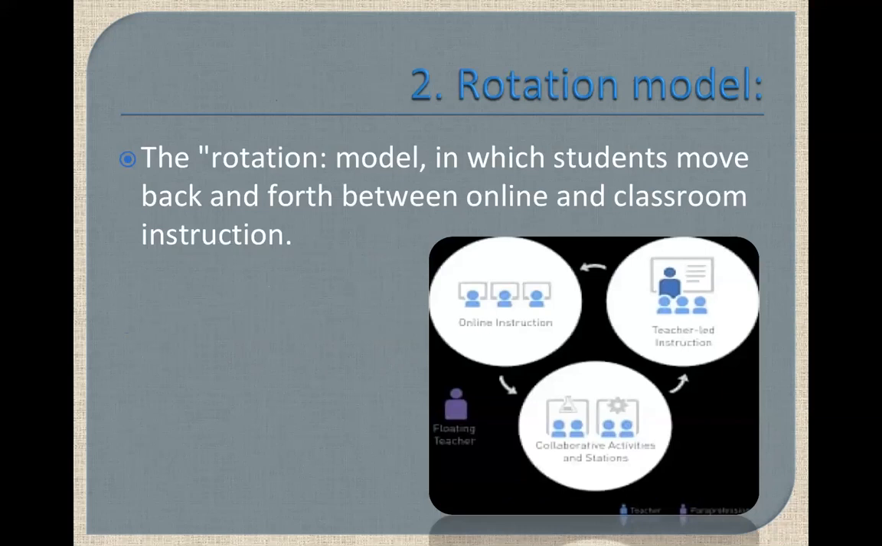Second, when we talk about the rotation model, as you can see the structure,